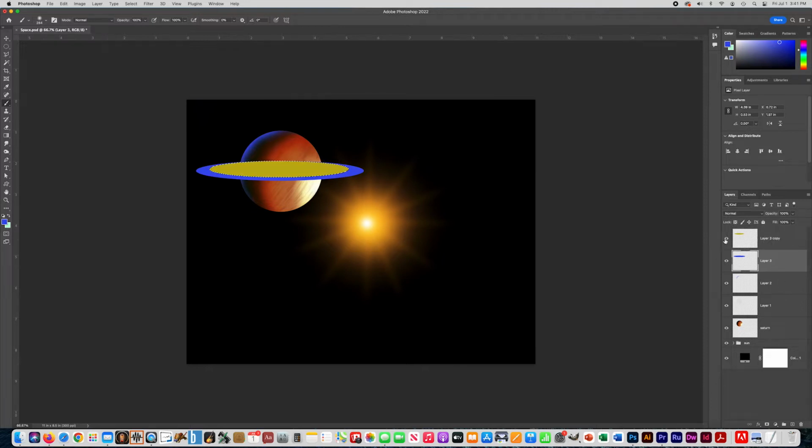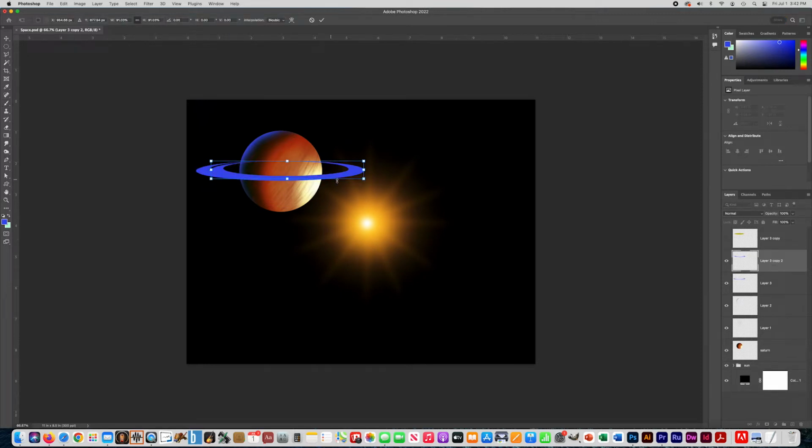You can hide this actually, because we don't really need that anymore. It's really just so we could get the selection inside of here. Go to layer 3 and press Delete or Backspace on your keyboard, and then Control D. So we have the first ring. I'm going to make mine have like 2 rings, and then I'll show you how to make it go behind the planet there. So let's click on that one and do Control J and Control T,